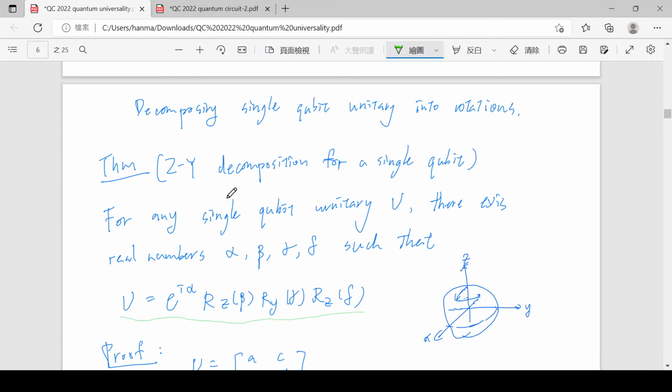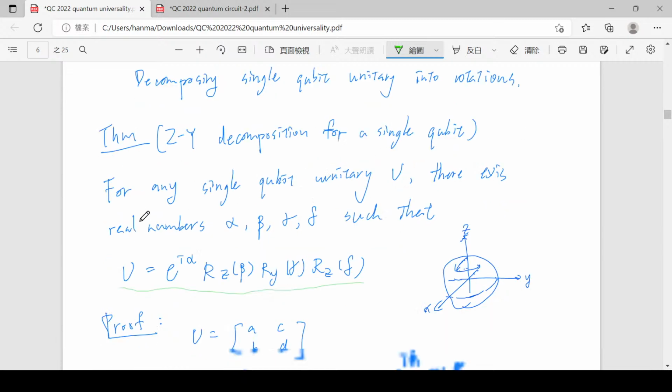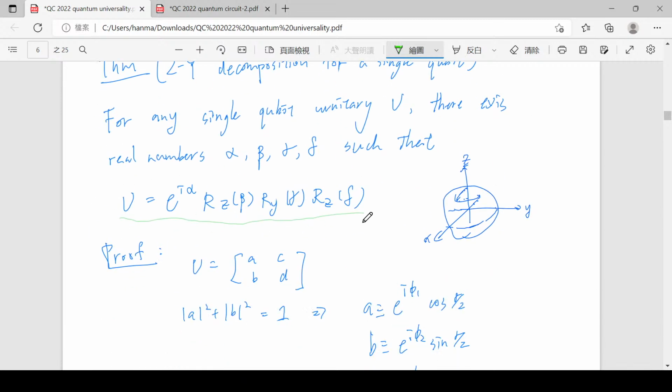We want to decompose things. So first, we want to decompose a single qubit unitary into rotations. And this is the kind of decomposition we want to do. So U is any single qubit unitary. And there's a proof that we will not go over, that any single qubit unitary can be done with this rotation on Z